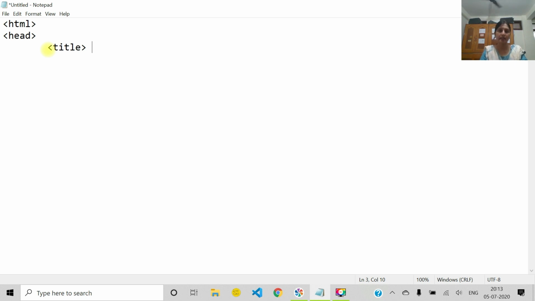Now in this case, as we are discussing subscript and superscript, I am giving the same title, subscript and superscript. This is the title, then title close, then head close.